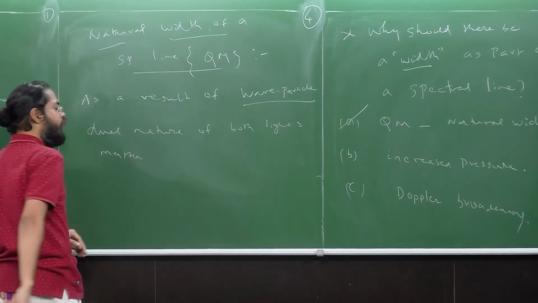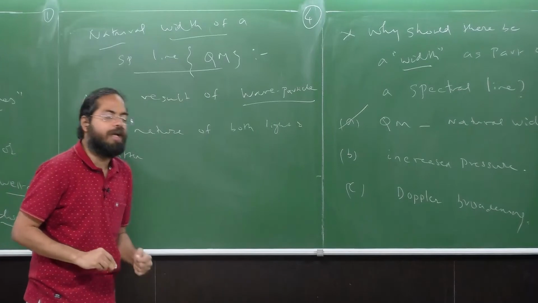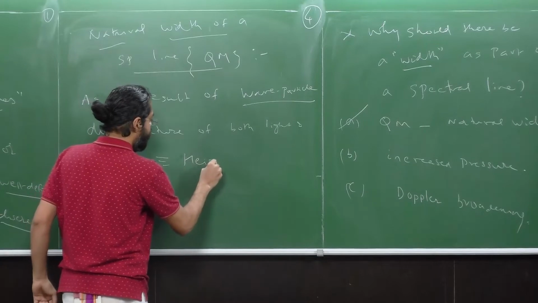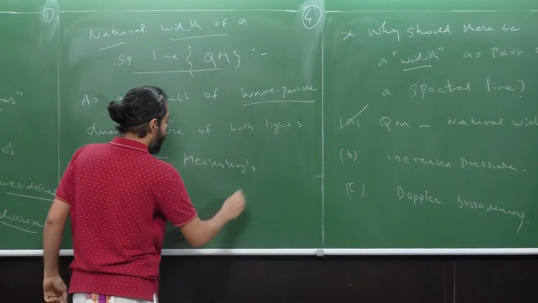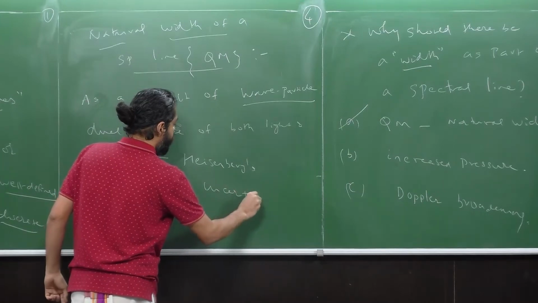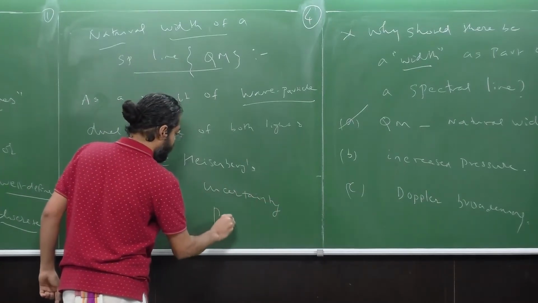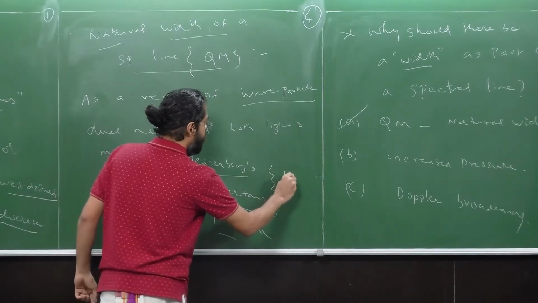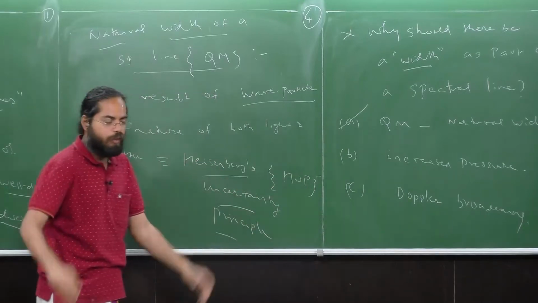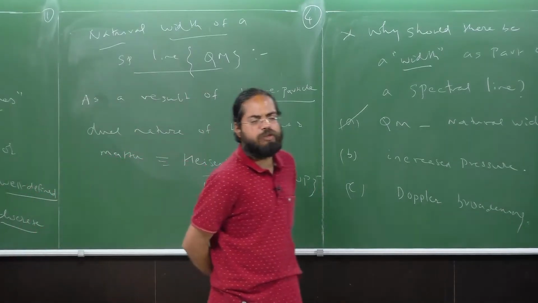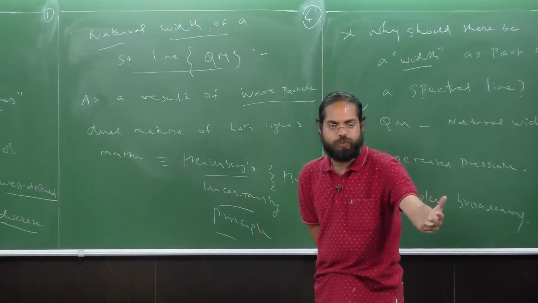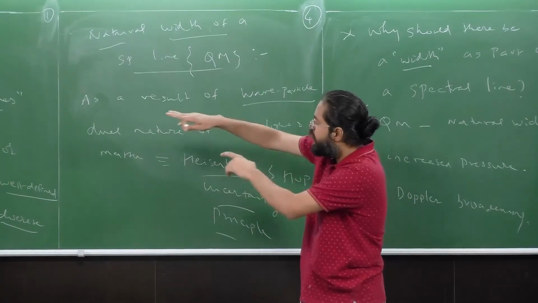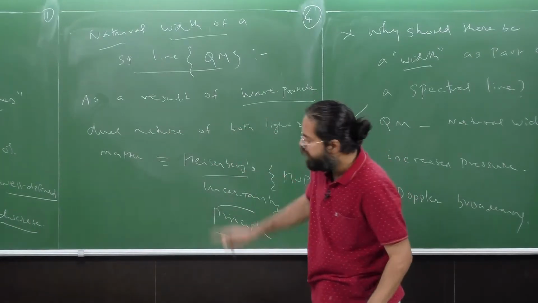we have this idea in quantum mechanics called Heisenberg's uncertainty principle, which is called HUP. I'm just shortening it as HUP. You must have been studying this Heisenberg's uncertainty principle right from high school. But there is a specific variation of this which is used in the context of the spectral line width. We'll talk about that now.